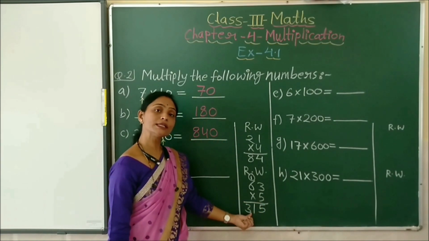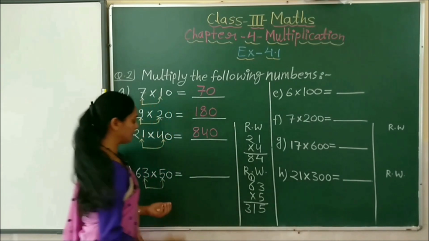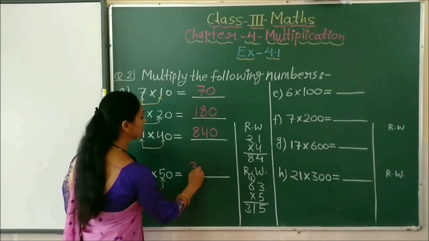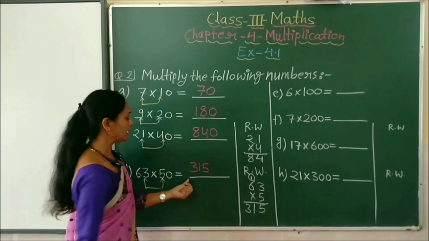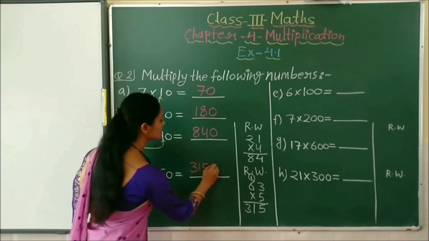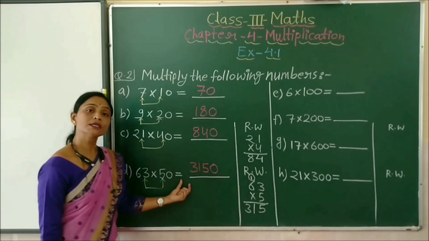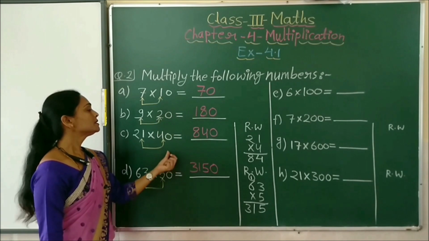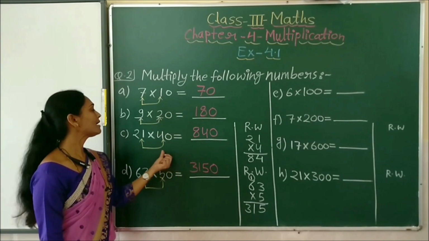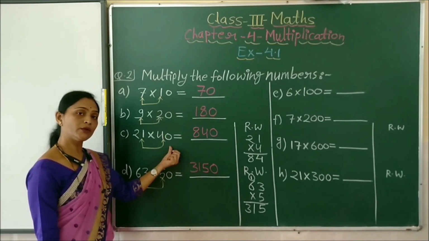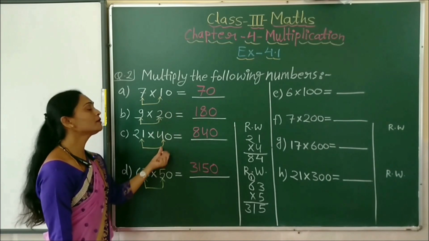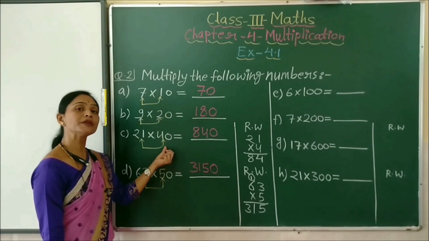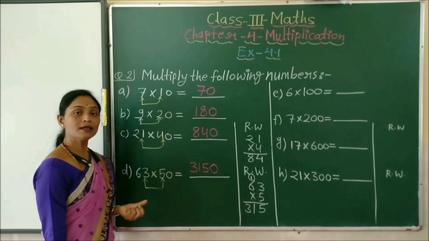So we will write here 31. So we got this number 315. So first we will write here 315 and then we have to write this 1 zero. So this way we have solved these 4 questions which are having only 1 zero. Yes, this way we have solved 4 questions in which we are having 1 zero in the last.